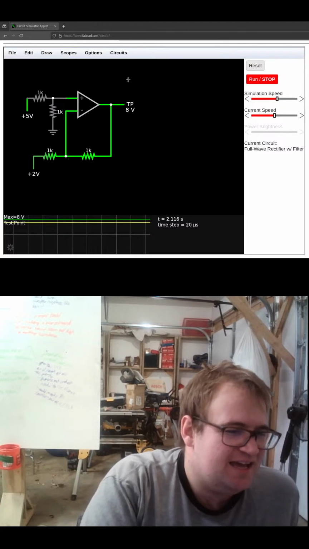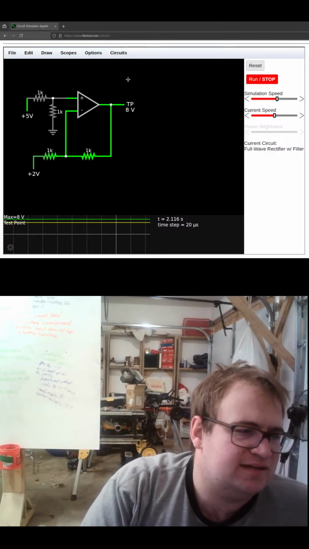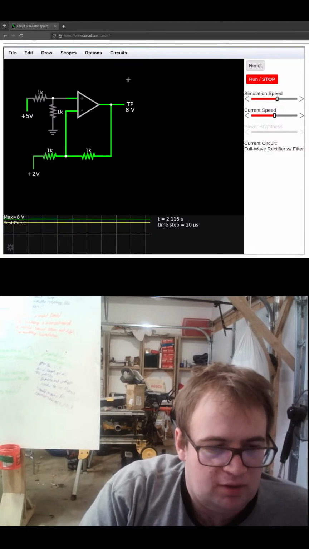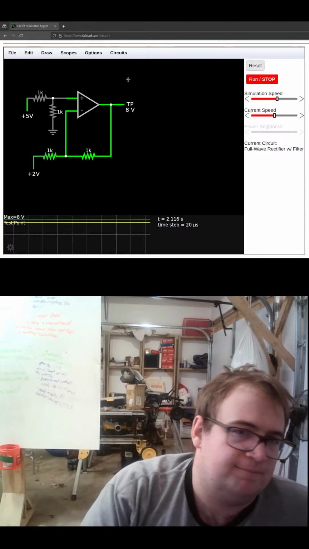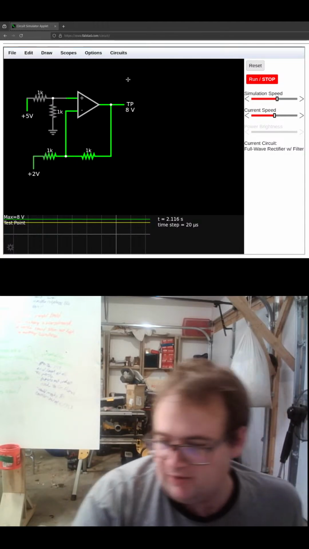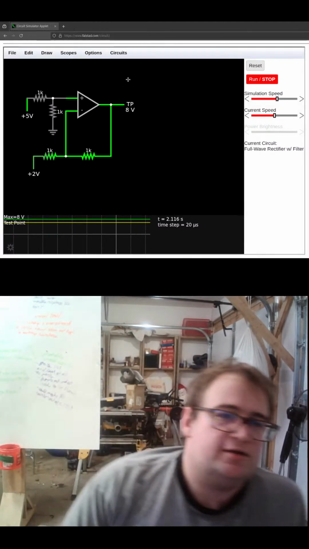An FPGA is what it is, a field programmable gate array. I wanted to get a simpler one, like a complex programmable device, but I couldn't really find one. Anyways, we know